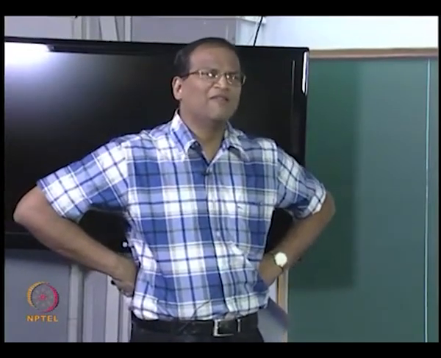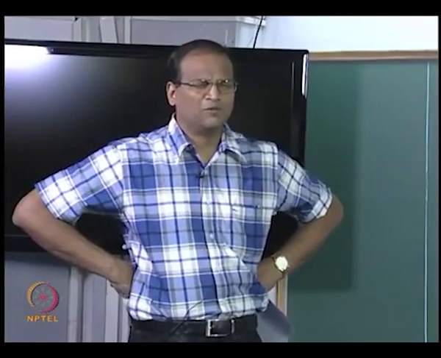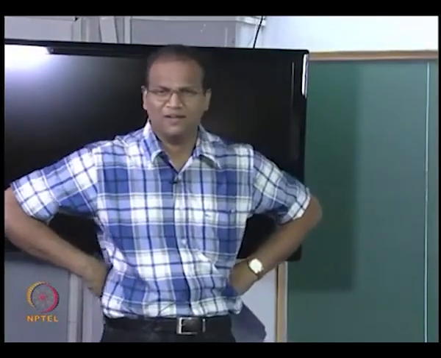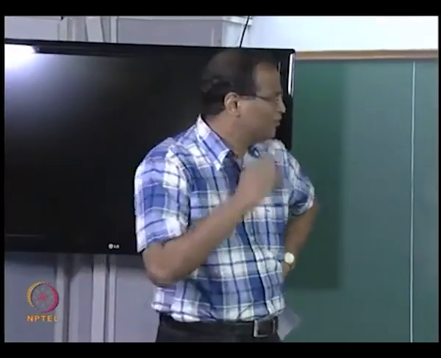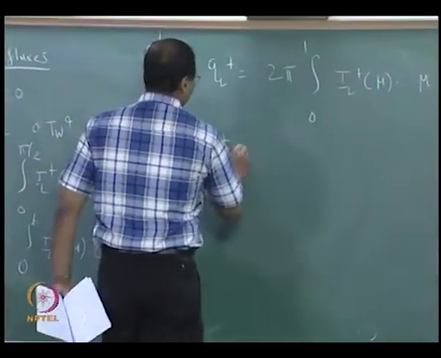As engineers, ultimately we are interested in the flux, so many watts per meter square. Why are we worried about watts per meter square, per micrometer, per steradian and all that? So we have to get this, right. QL plus equal to 2 pi